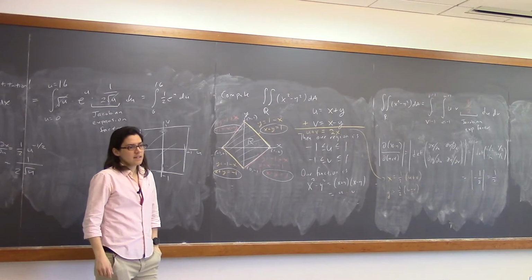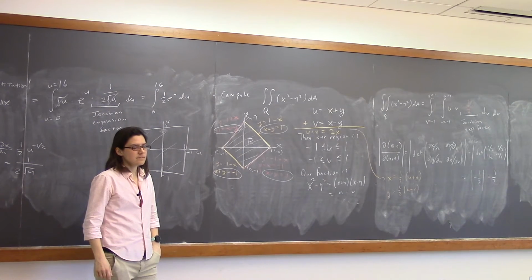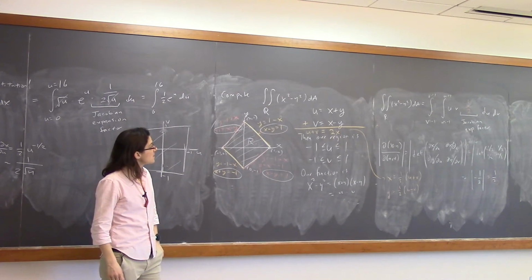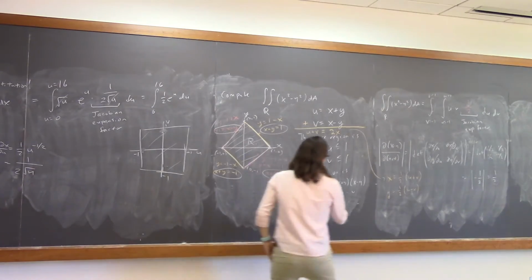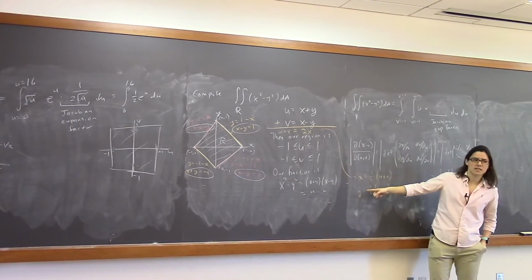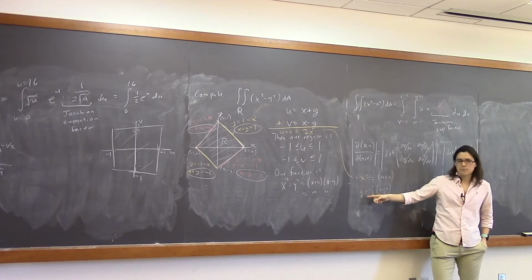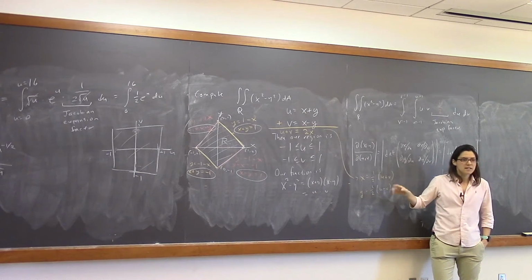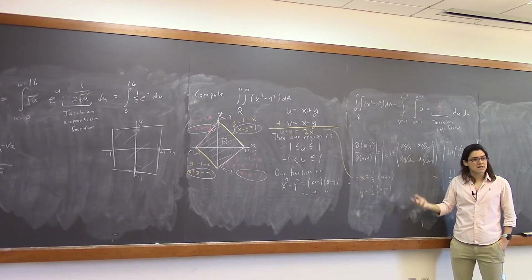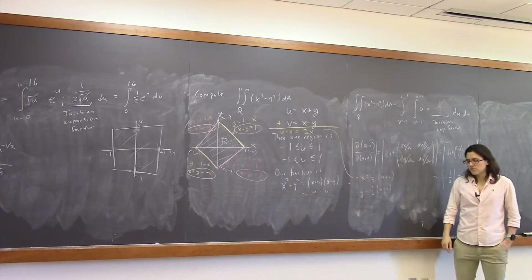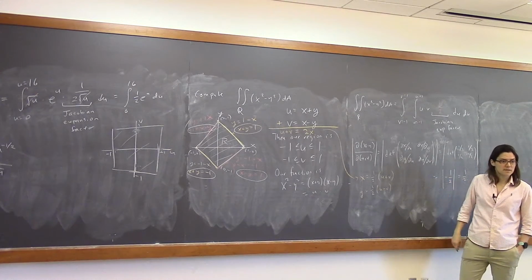Say for instance, our function integrated was x squared plus y squared. Are we stuck then, or is there a way to approach that? If our function was x squared plus y squared, I think we could still get it in terms of u and v, probably. Because here, notice we were able to solve for x and y in terms of u and v. So now you could just take x squared plus y squared. But it would be more difficult, right? So this one was cleverly contrived so that it came out nicely. You could always do it, but in the end you might not get something that was easy to integrate. So maybe the change of variables you chose was a bad one or something like that.